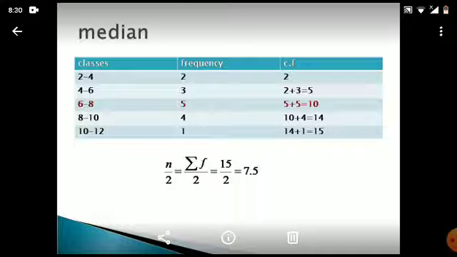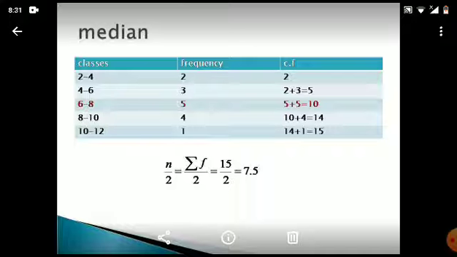In the same manner, if you have to find quartiles, you have to find 3n/4, n/4, whatever is in the formula, and then locate. Now, for the median class, I have highlighted it in red color. L is the lower class boundary, that is 6. F is the frequency, that is 5. H is the height or size of class interval, that is taken by subtracting the two class boundaries. 4 minus 2 is 2. Your height is 2 over here.